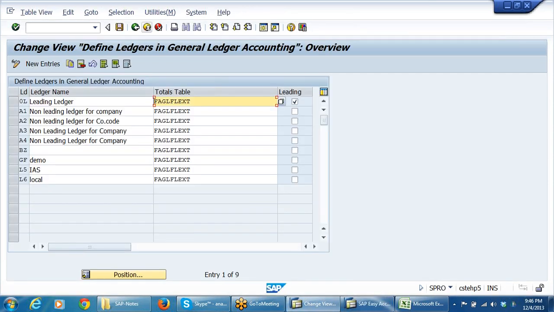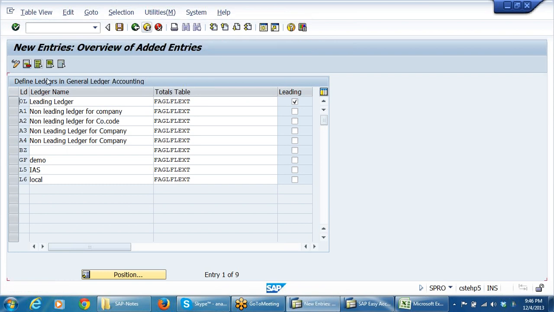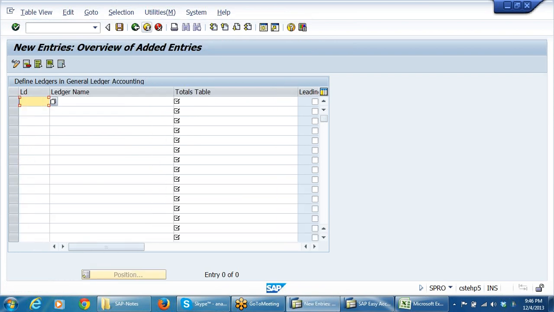So what I'm going to do now, this is the leading ledger. So for the leading ledger a check mark will be there. Leading ledger is a ledger which is going to be used by the standard original company code. Now you can define two more parallel ledgers as per the requirements of the client. Right, what I'm doing now, our company code is DRL. That's why what I will do is the new ledgers I'm defining is ID. I say D1. For D1,